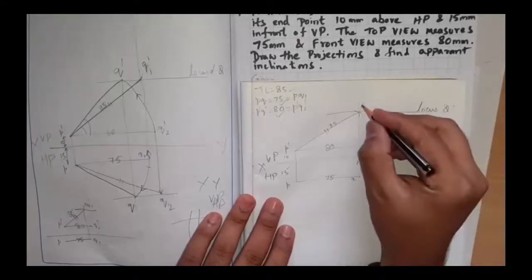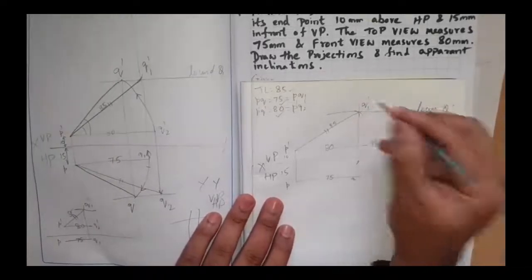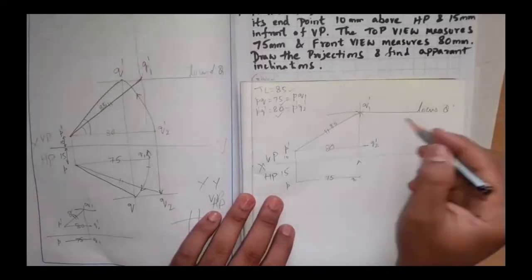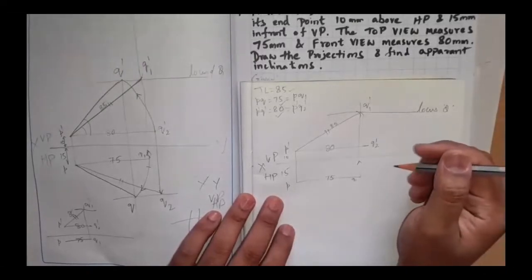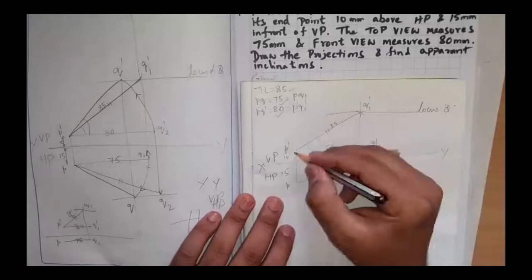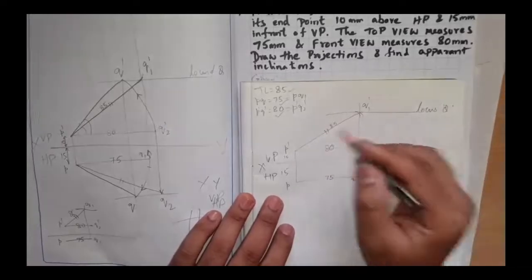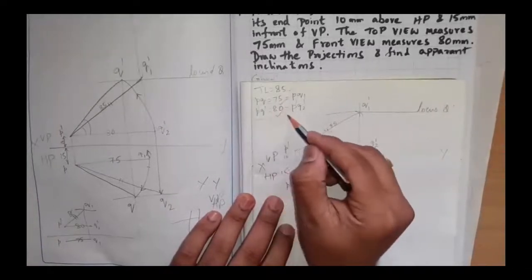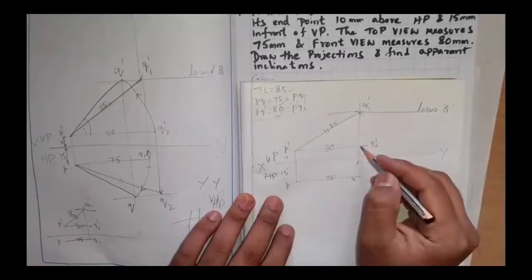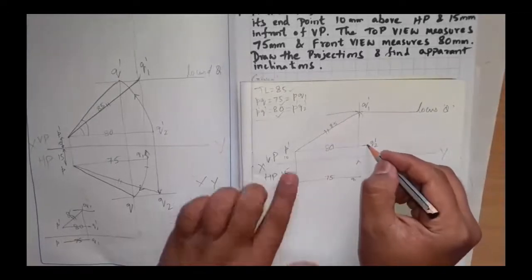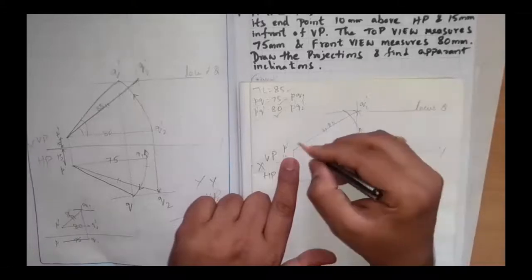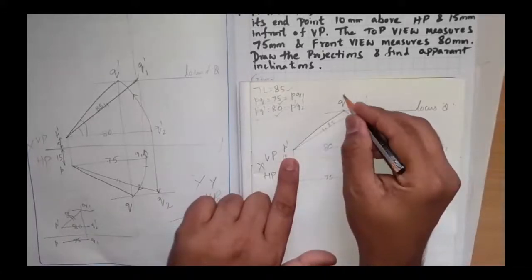So I found out the locus of Q. This is Q1, it is Q1 dash. Now I found out Q1 dash, and I found out this locus also. On this line only, I have to get this front view. How to get the front view? Front view data is already given. So sorry, P dash Q dash is 80 mm. So P dash Q2 dash, whatever is there for 80 mm, I'm going to drop it back here, so that I'll get P dash and Q dash.